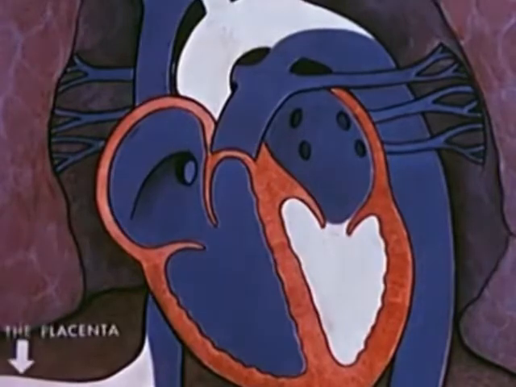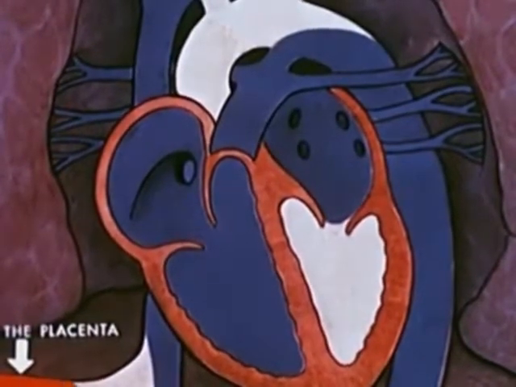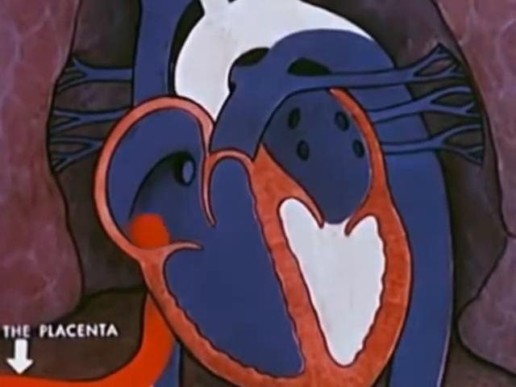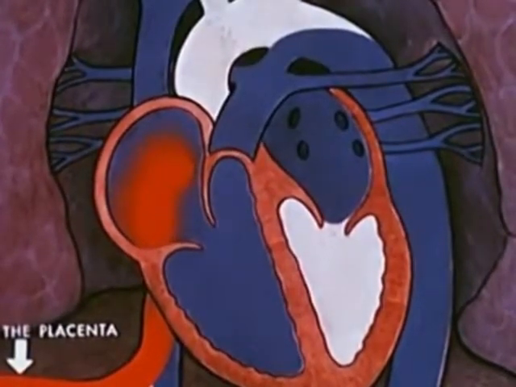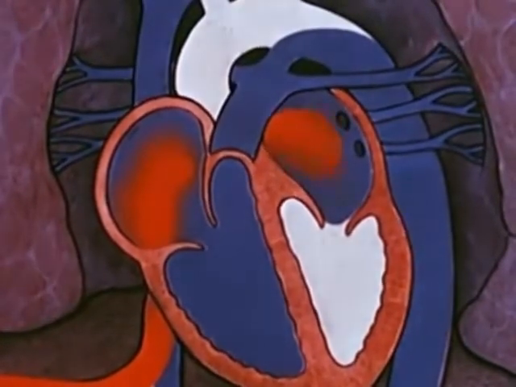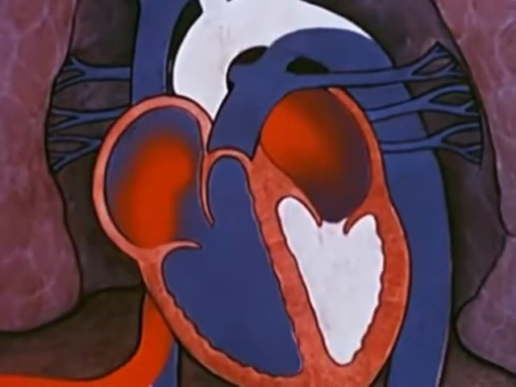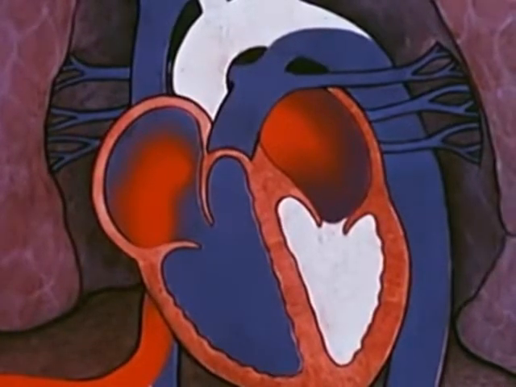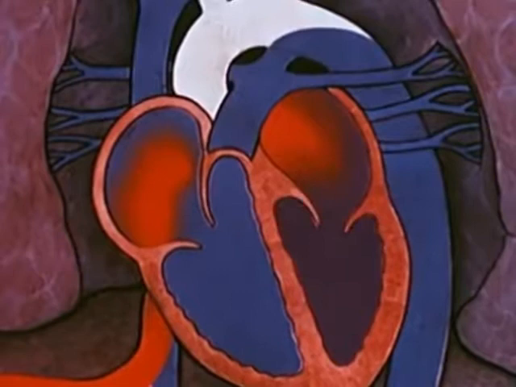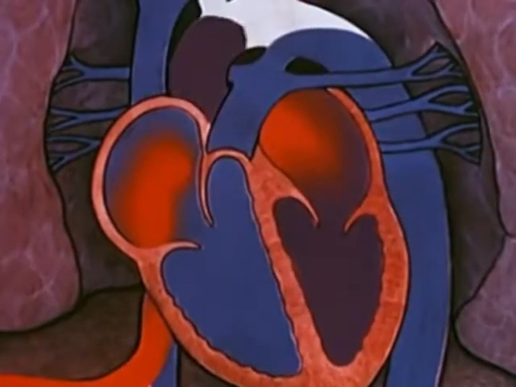Oxygenated blood from the placenta enters the inferior vena cava, but tends to stream across the right atrium through the foramen ovale and into the left atrium to supplement the scanty pulmonary venous return. This mixture of venous and oxygenated blood enters the left ventricle and is pumped into the aorta, from which the